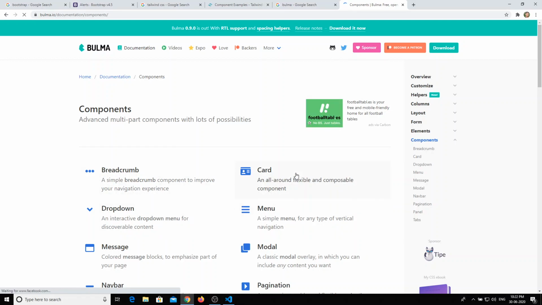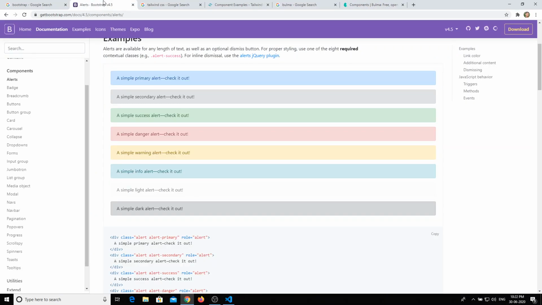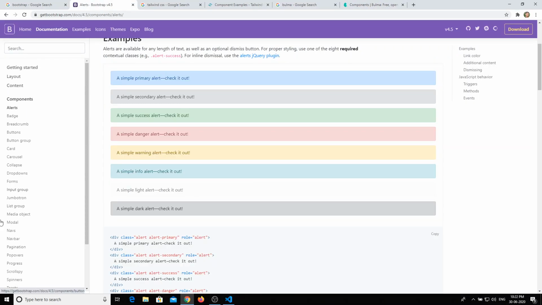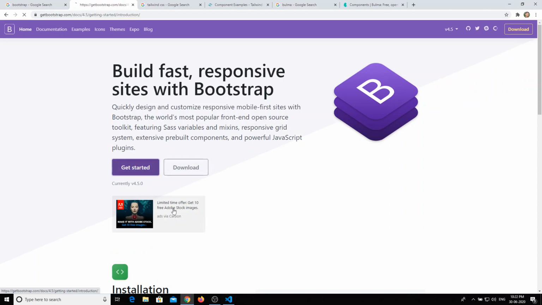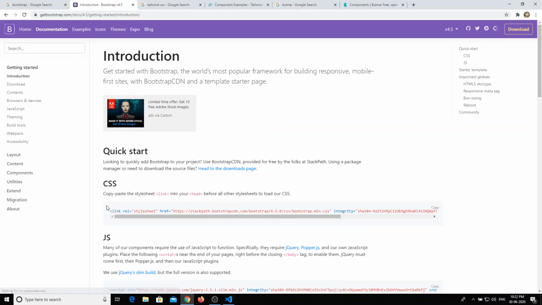Now we will try to implement one of these components. We will go to the most famous one everybody uses in the front end, Bootstrap. In order to add Bootstrap into our project, we go to getting started and copy this.